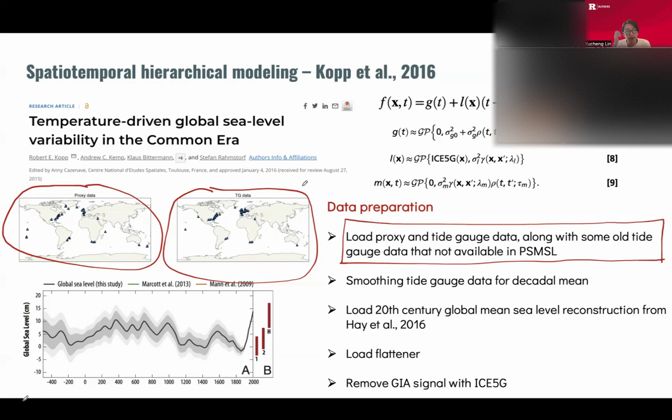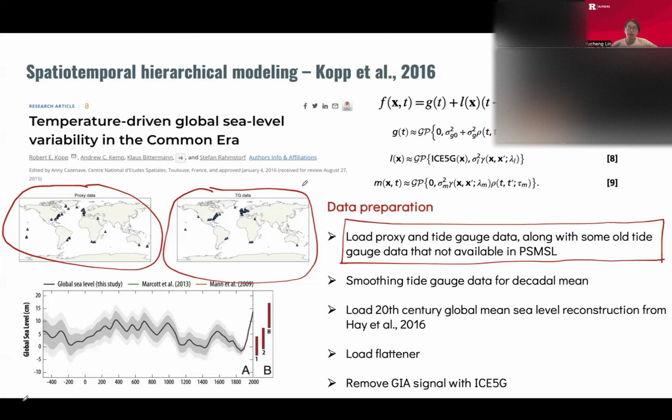So the first thing we do is load the proxy data and load some tide gauge data. There are also some old tide gauge data that he or somebody got from some book or some old recording, so we load that data as well. Because the proxy data and tide gauge data have different resolutions, and you know that the GP model becomes really slow when we have too much data,